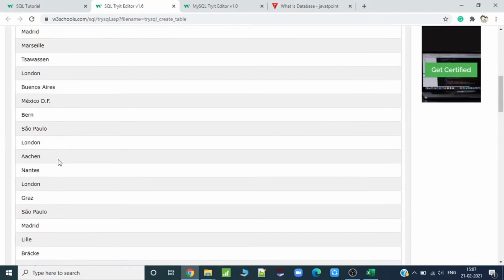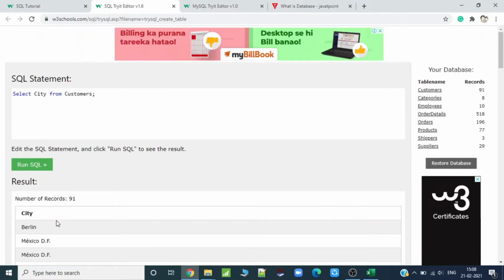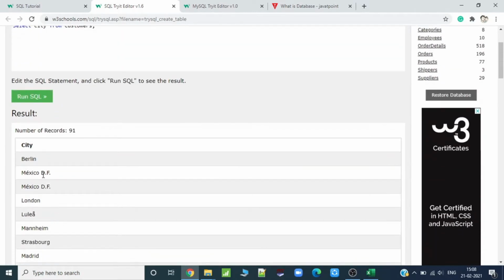But you can find some rows are getting duplicated. Rows we can call tuples also, and columns attributes. In a database, rows are named tuples and columns are named attributes. So there are tuples or rows having the same name.